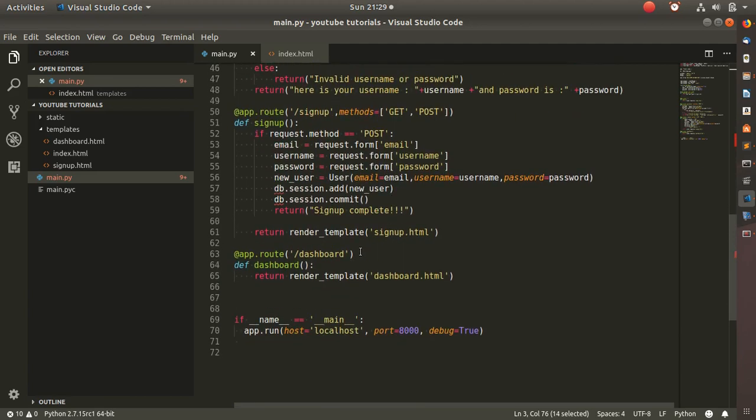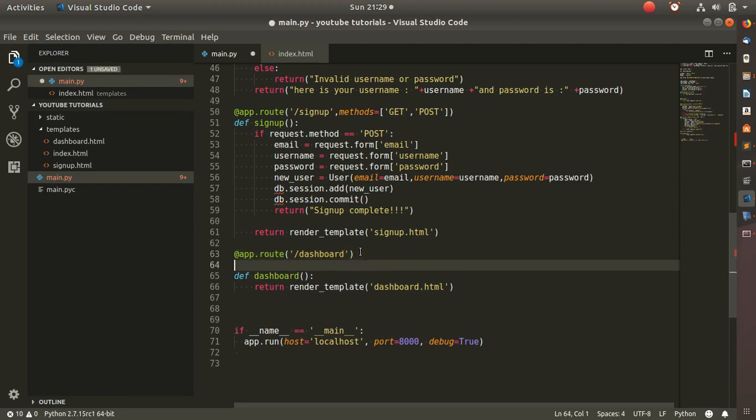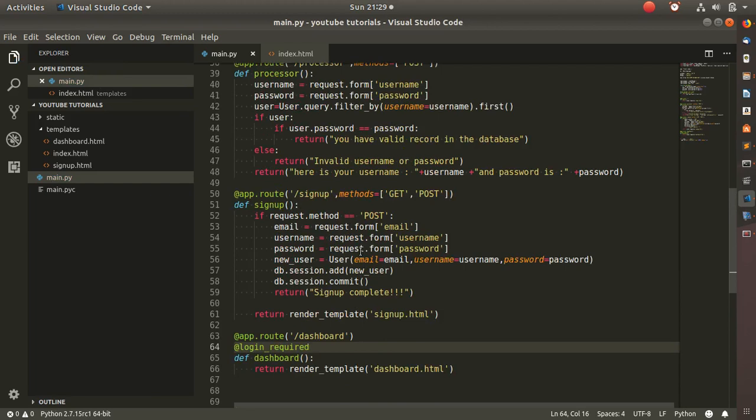So what this function does is to protect a particular route. For example, I want the dashboard to be protected. I want it to be available only to logged in users. So it's only when the user is logged in, it can make use of login required. And before the user can access this, they need to have a session